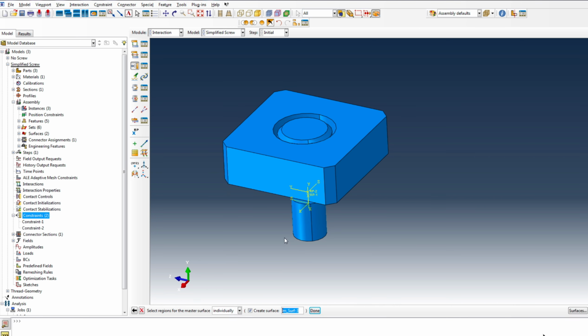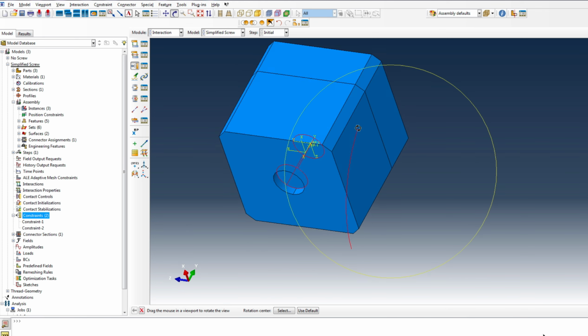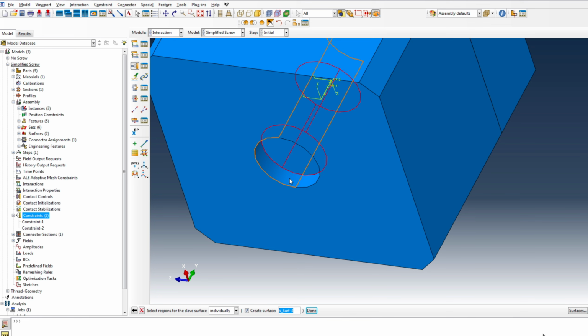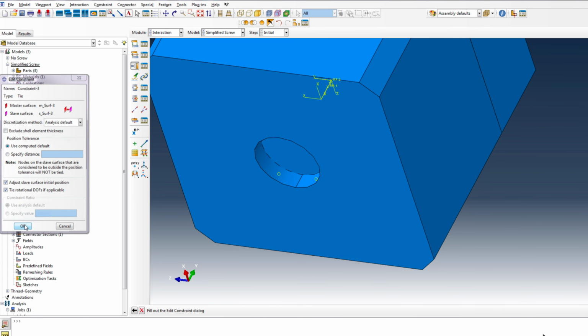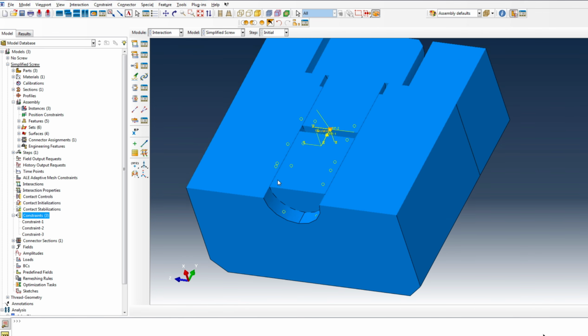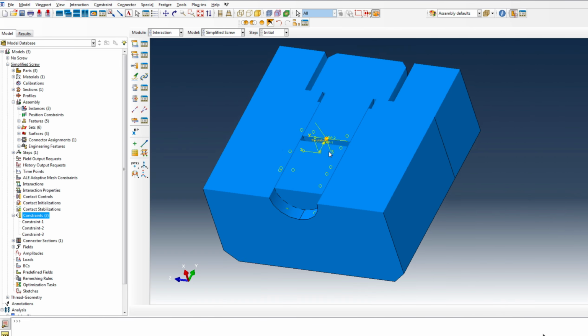So this, hold the shift key to select both surfaces, and now we can see the other purple, and here we have the tie constraint. This is the only difference compared to the previous model for our solution, and